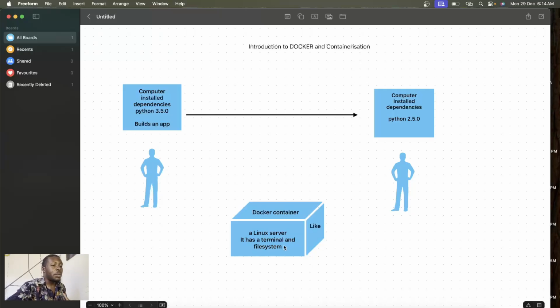So the same terminal where you do your ls and your mkdir to create a folder, that's what a container looks like.